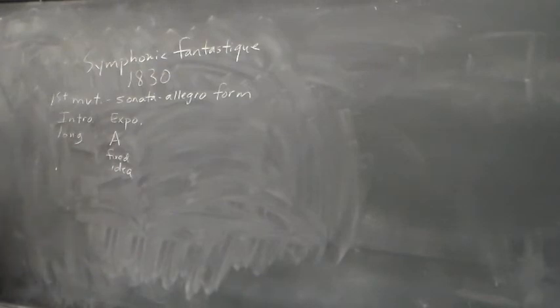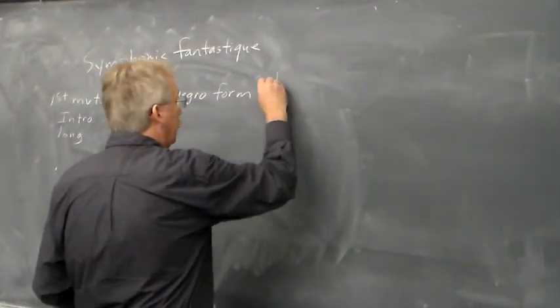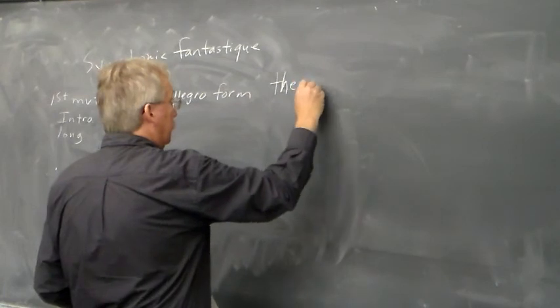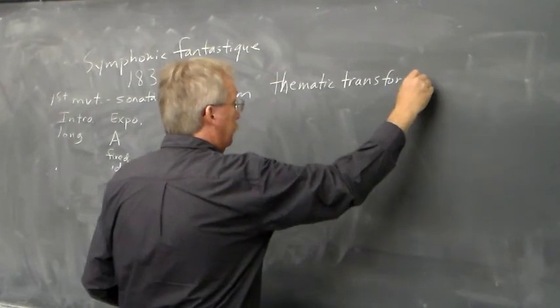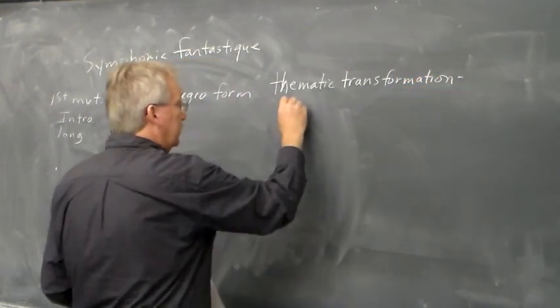Because of that, the overall symphony employs the cyclic technique that we saw with Beethoven in the Fifth Symphony with the Fate motive. And it goes even further. The idea of thematic transformation is a term that's used to describe this, not only the return of the theme, but changing the clothing of the theme, so to speak. So, it's just a process